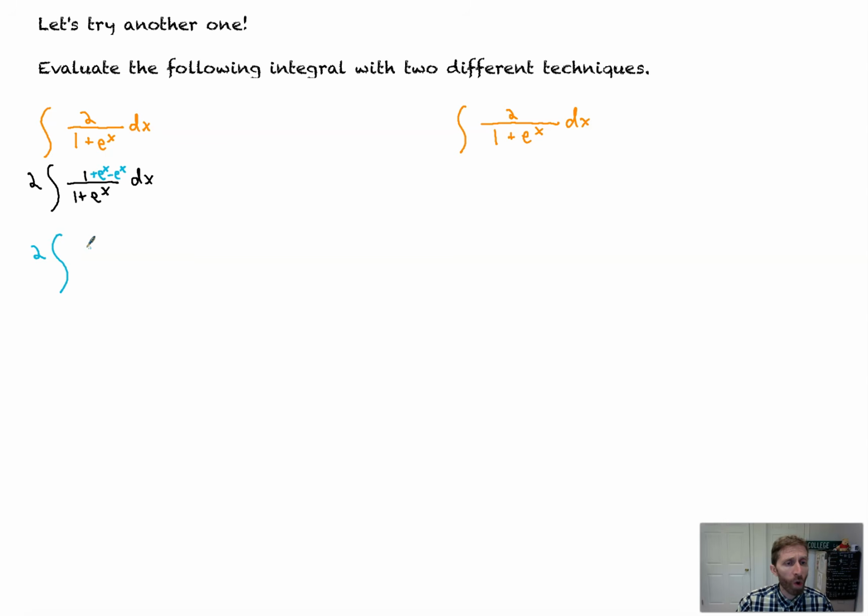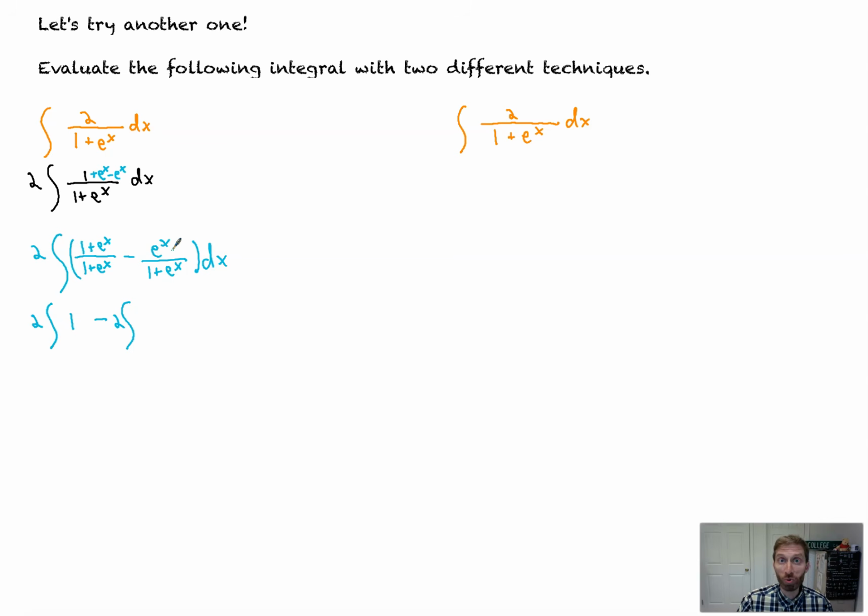I can write that as 1 plus e to the x over 1 plus e to the x minus e to the x over 1 plus e to the x. Isn't that cool? I think so too. And so that's our integrand that's been manipulated. Again, splitting this up over that same fraction because we can. Now that we've done that, we'll simplify this down a little bit, and we're going to take this as two separate integrals. 2 times the integral of 1 minus, and then that's going to be 2. Remember, that 2 is for both of these integrals, so it's on both of these, minus 2 times